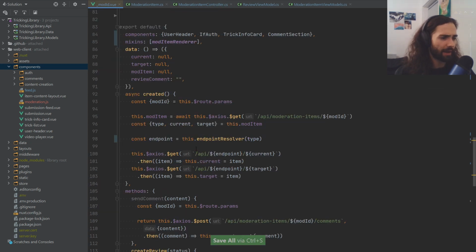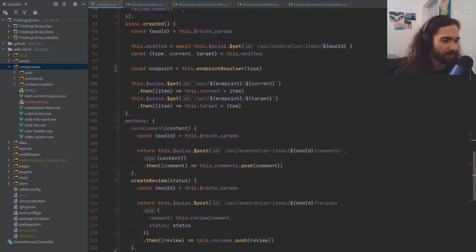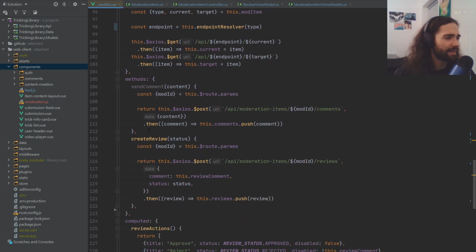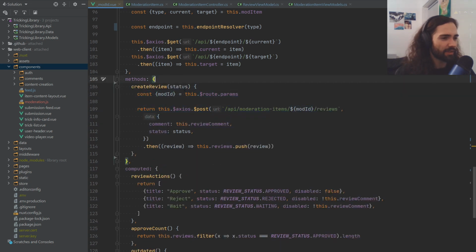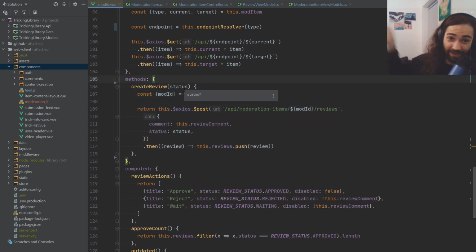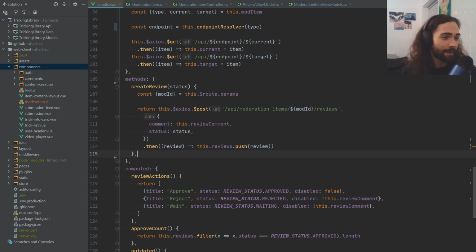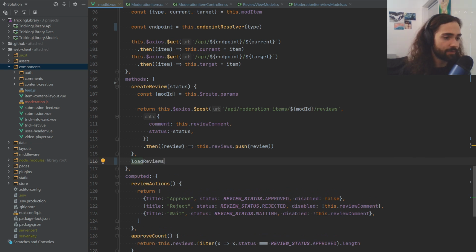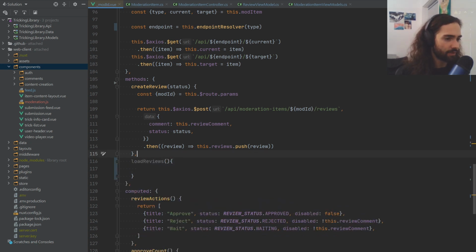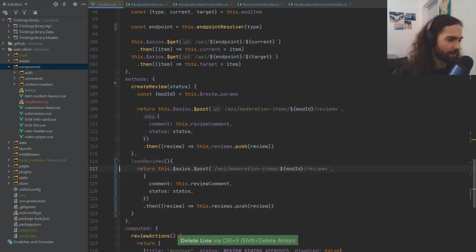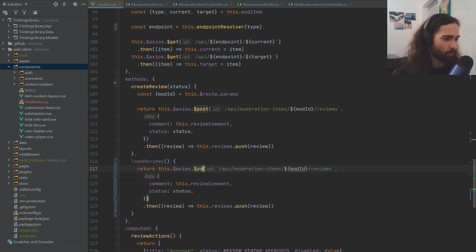And I think that's pretty much it. So back on the mod ID, what we're going to do is, I think we can use the moderation item. So let's go ahead and this send comment is actually not needed here, because we are sending the comment in the comment section, right? So that was just complete bogus. Let's go ahead and add a load reviews, and in here we're gonna have something I think very similar to this. Let's go ahead and return this, and on the moderation item's reviews, what we want to do is we want to get instead,